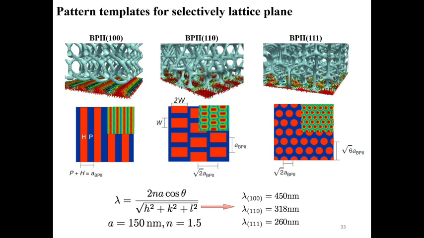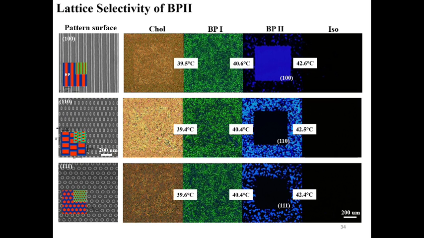logic, we create different patterns in order to stabilize blue phase 2 in different lattice orientations, for example 110 or 111. When we apply those patterns on the substrate and conduct the experiments again, and look at the blue phase 2 temperature regime, on the pattern area they all form quite uniform single crystal domains. And later on, we have the